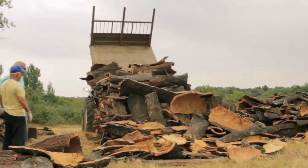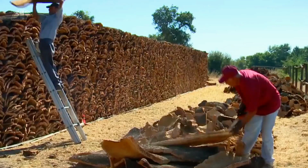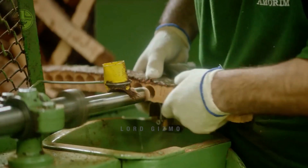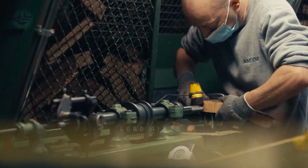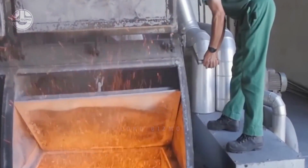Can you imagine how these pieces of bark can turn into something you would use or see at your own home? No, we are not talking about furniture or ornaments. These are what makes wine cork caps. In today's Lord Gizmo video, we will venture together and take a glimpse of how wine cork caps are made